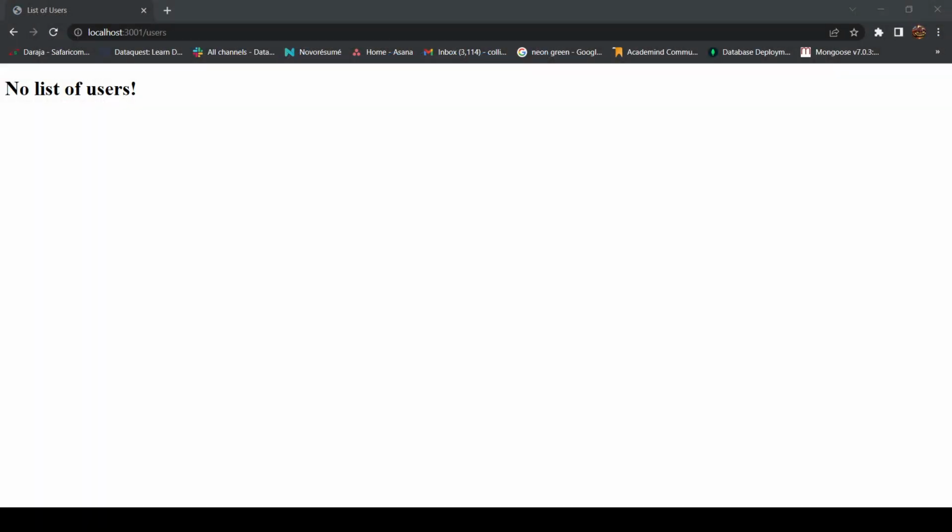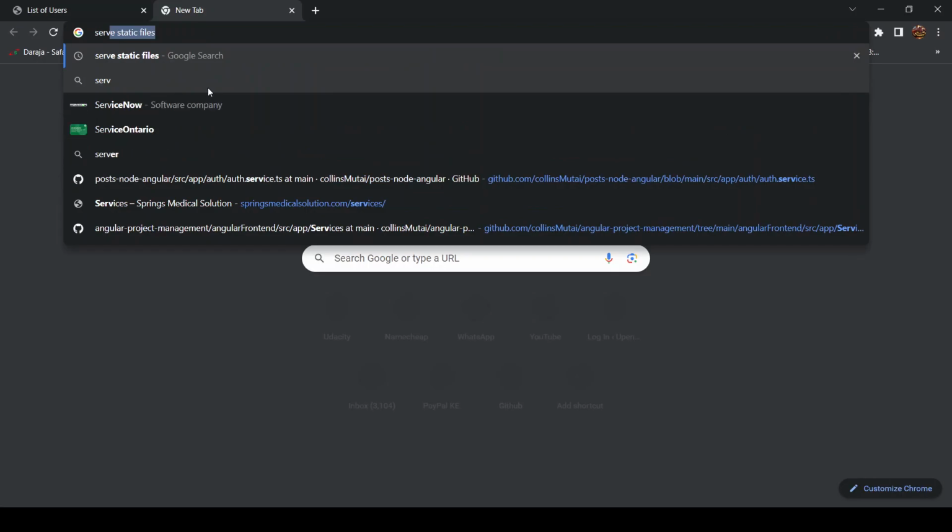So next, as you can see, we haven't added any styling into this application. It's just an H1 in there with the paragraphs. So in a Node.js application, normally when you're adding things like CSS, JavaScript, or images, you have to serve these files in a static way. So if we go to the browser and just search serve static files,